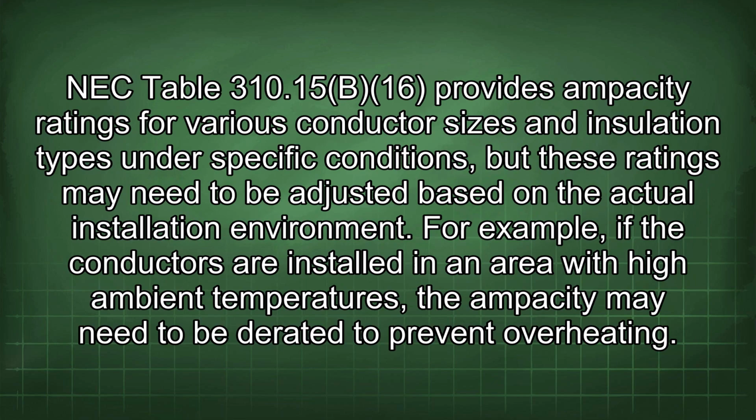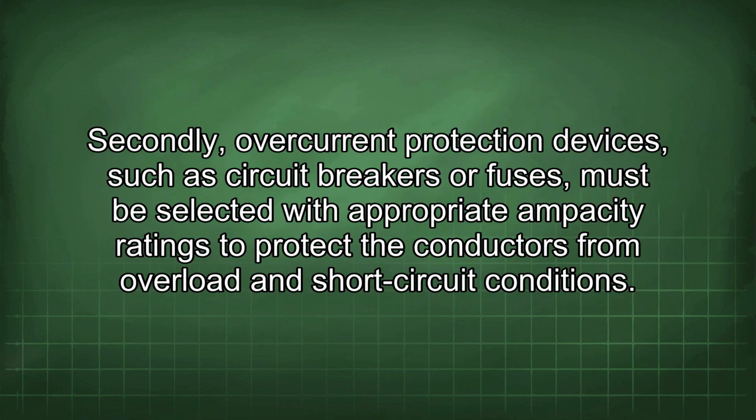NEC Table 310.15(B)(16) provides ampacity ratings for various conductor sizes and insulation types under specific conditions, but these ratings may need to be adjusted based on the actual installation environment. For example, if the conductors are installed in an area with high ambient temperatures, the ampacity may need to be derated to prevent overheating. Secondly, overcurrent protection devices, such as circuit breakers or fuses, must be selected with appropriate ampacity